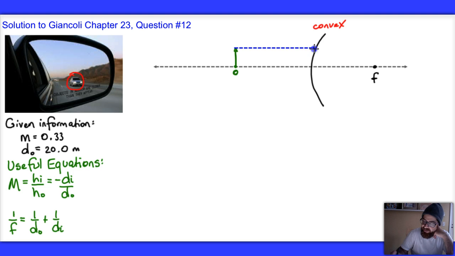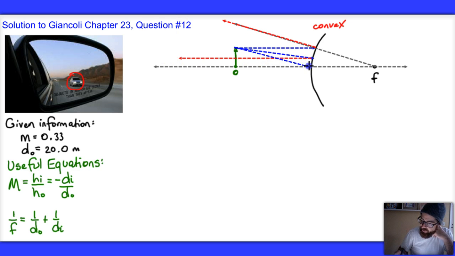So let's take a real quick look at the ray diagram here. I've got a bunch of different rays. I've got one that's parallel to the principal axis. That's going to reflect in a line that is related here to this line from the focal point. So this is our reflected ray here. And then I have a ray that would have gone through the focal point, and if I had continued it, it would go through the focal point. And that ray is going to reflect parallel to the principal axis. And finally, I've got my ray that strikes the mirror at the principal axis, reflecting below the principal axis at that same angle here. And so these diverging rays, which I'll label 1, 2, and 3,